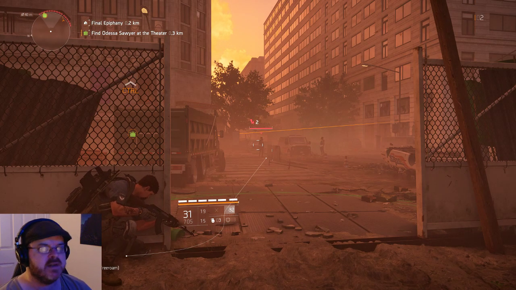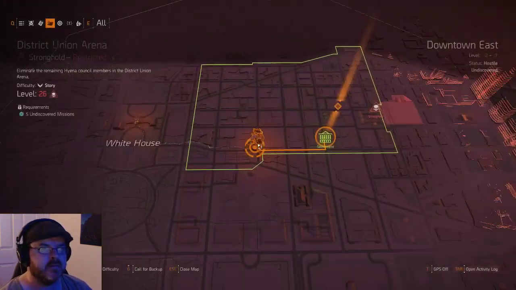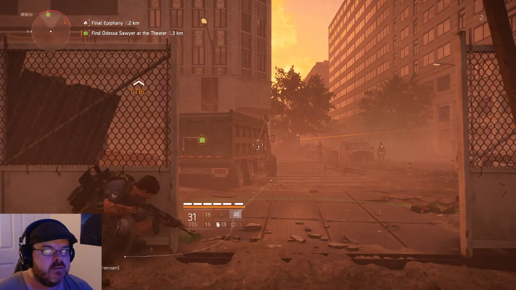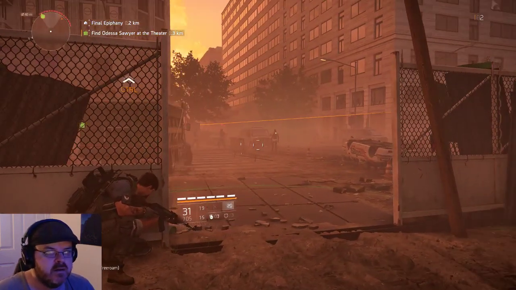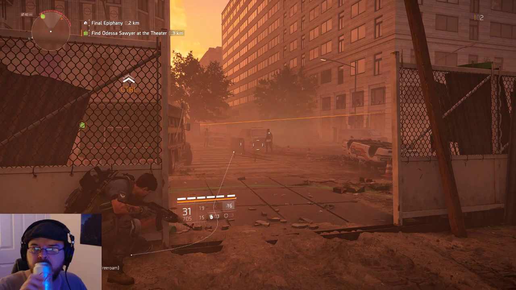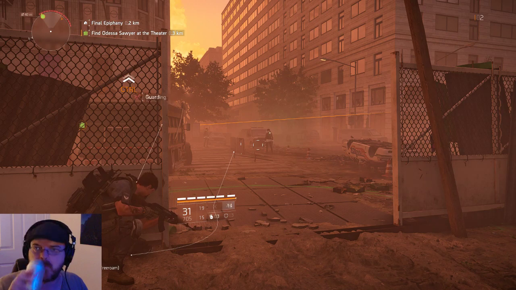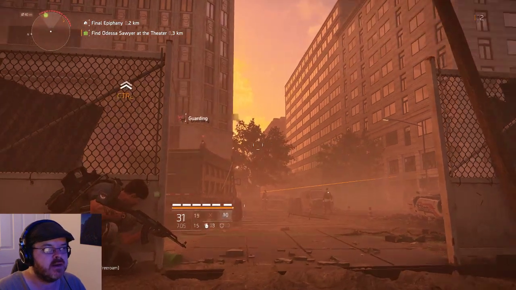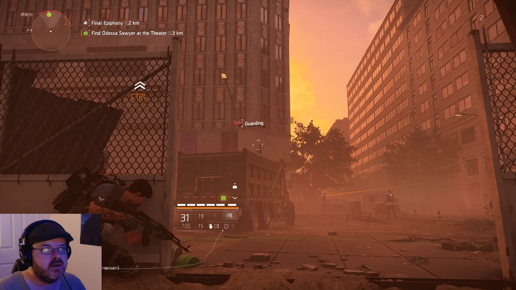Largo 1-up. That sounds like a player, doesn't it? No NPC would have such a ridiculous name. Don't really know. But I want to figure out what this skill is doing. Guarding. It's guarding here. Right, so...